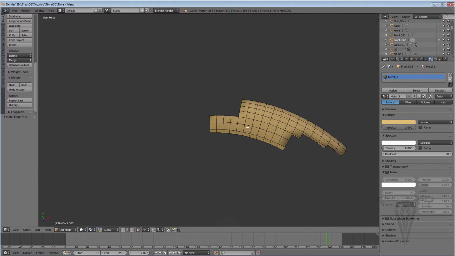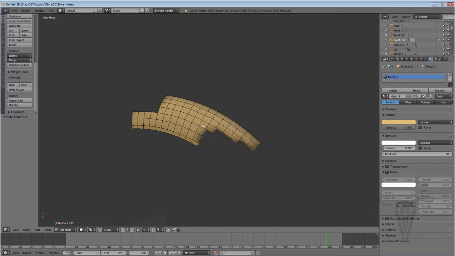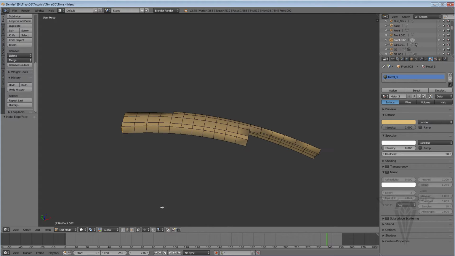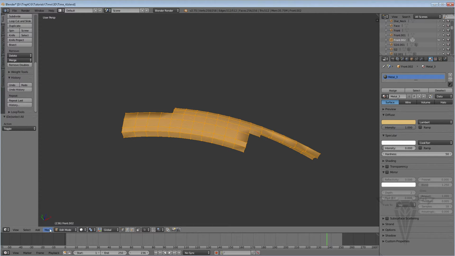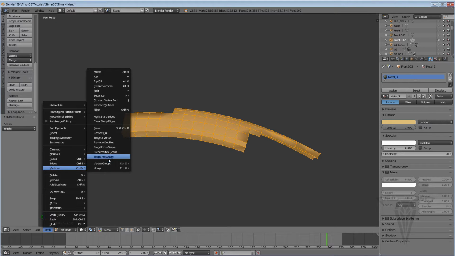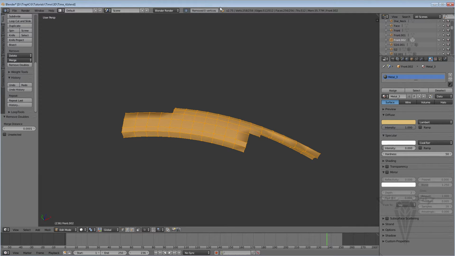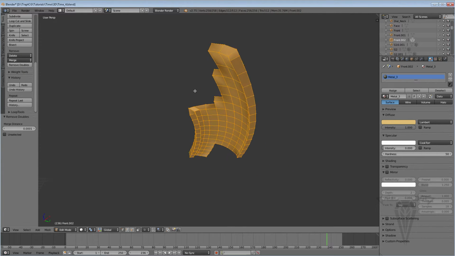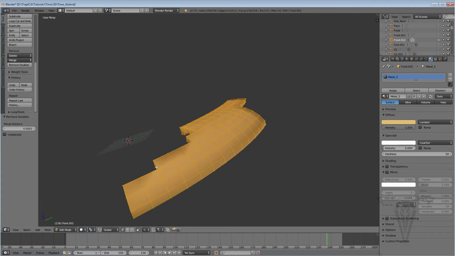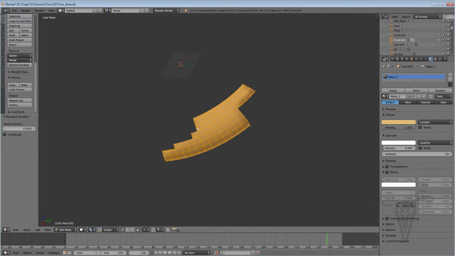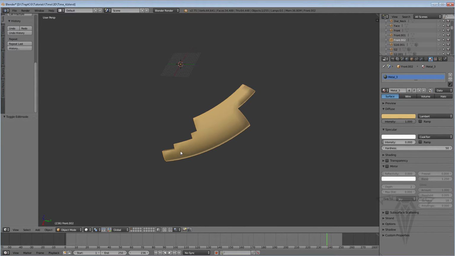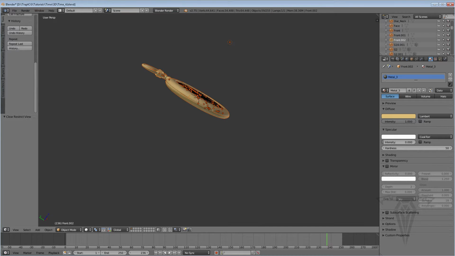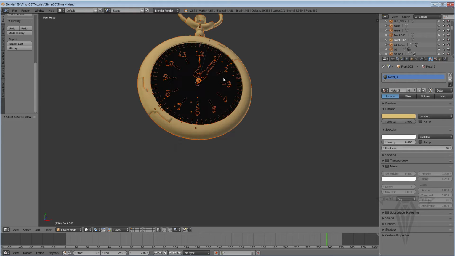Okay, now there's something that you could do to check to make sure there's no holes in it or overlapping vertices, and that is hit vertex mode here, hit A on the keyboard twice to select everything, come down to mesh vertices and do remove doubles. It says 0 vertices removed, so I don't have any overlapping holes or vertices, and it doesn't look like I have any holes, so I'm good to go. Let me go ahead and hit tab to come out of edit mode and Alt H to unhide all. So there we have it. There is our